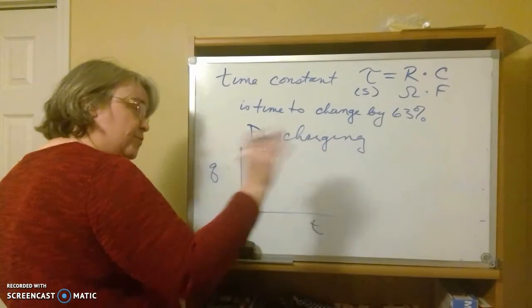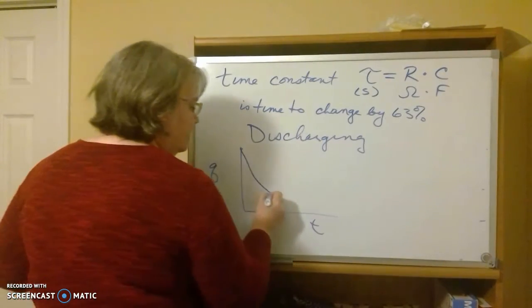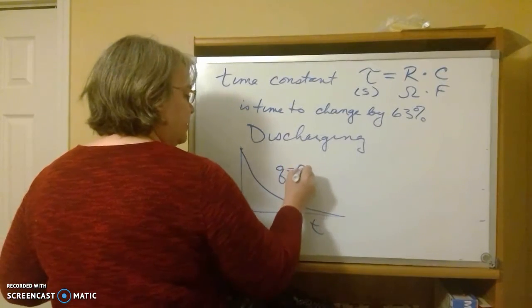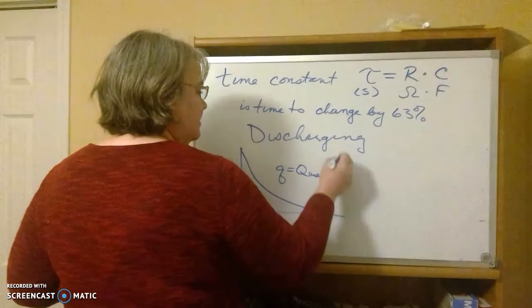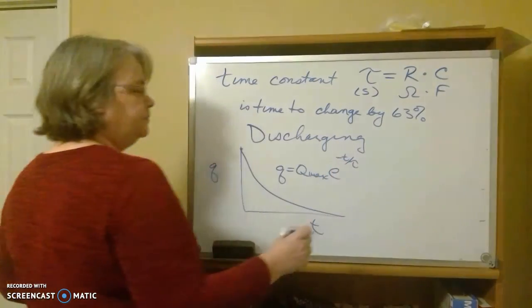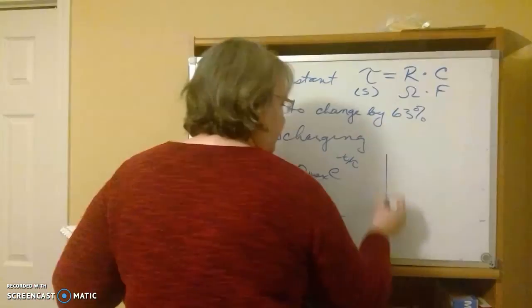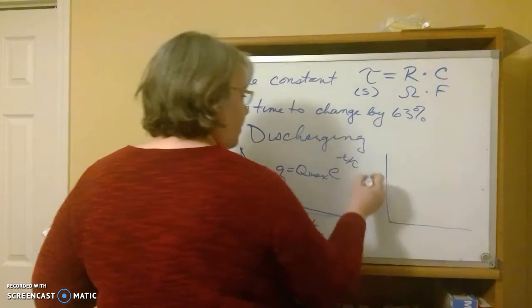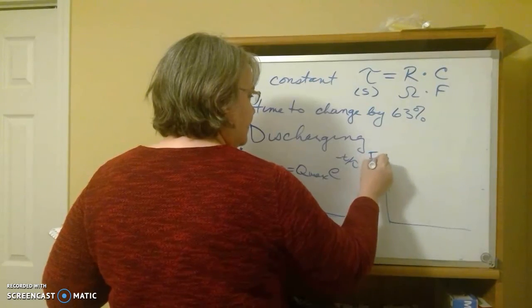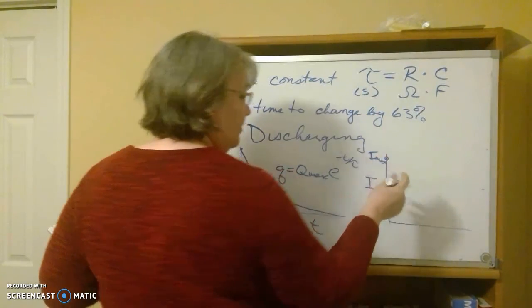When it starts, it goes really fast, and then by the end, it's just dribbling. And that means that our Q equals Q max times e to the minus t over tau. And our current also is a depleting thing. We start out at I max because when it first starts